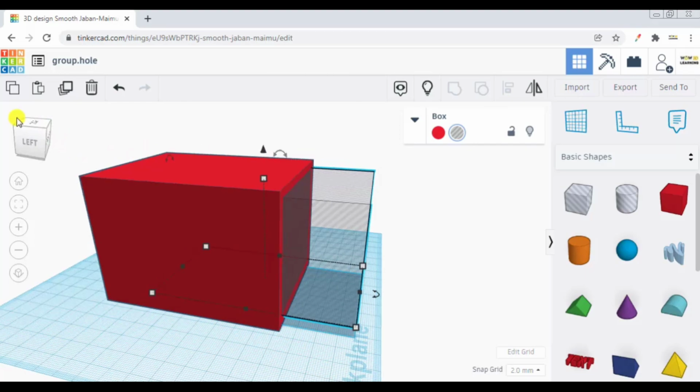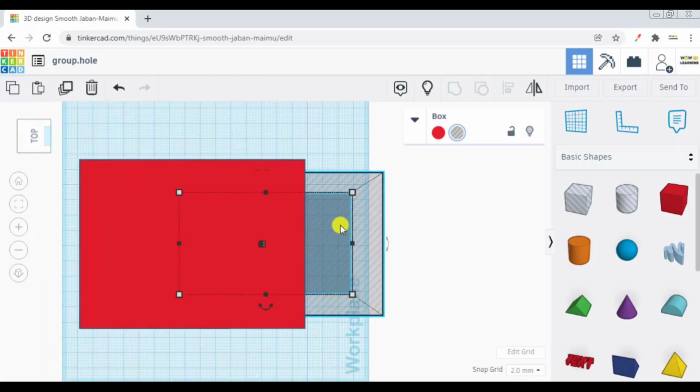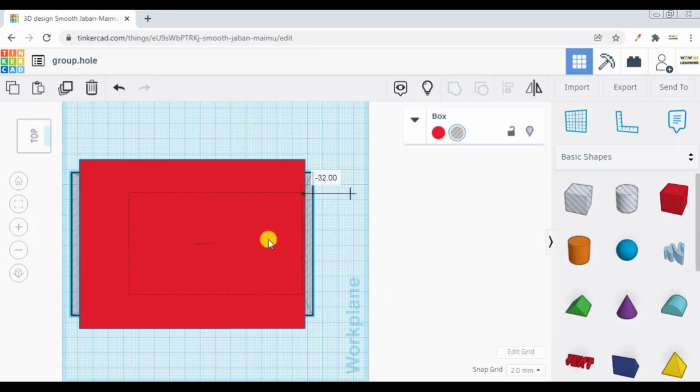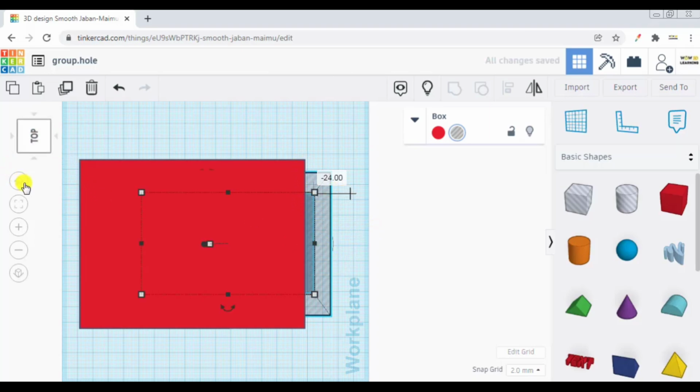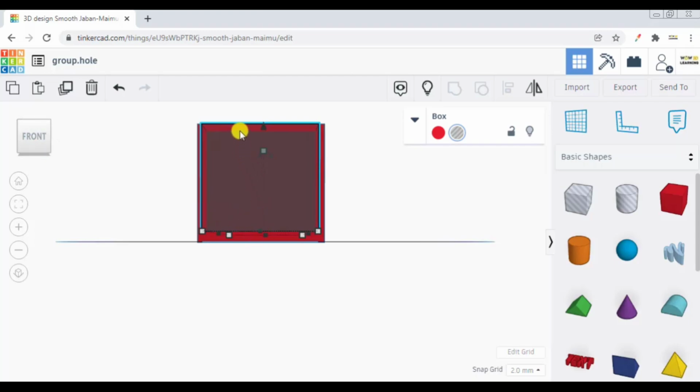Let me go to my top view. And press shift on the keyboard. Now I can drag it inside and I can see what is happening. I don't want back portion to cut, so I will just keep it inside such that this. Now you see this is in complete alignment. Let me go to home view and show you the front view also. This is what it looks like. From bottom and up, from left and right, equal distance is there.